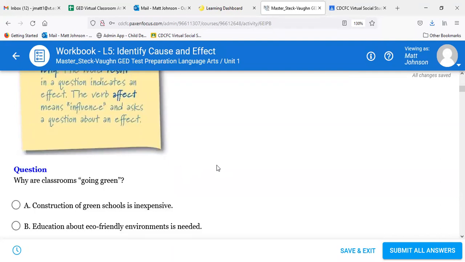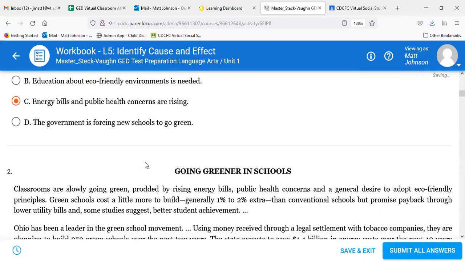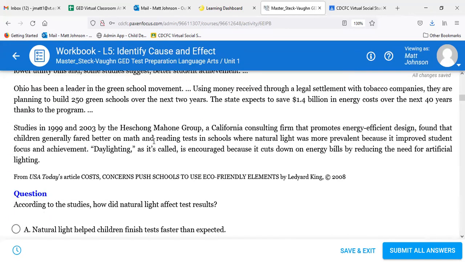Okay, so our first question here: why are classrooms growing green? A, construction of green schools is inexpensive. B, education about eco-friendly environment is needed. C, energy bills and public health concerns are rising. D, the government is forcing new schools to go green. C as in cat. I think C. C is in cat. Energy bills and public health concerns are rising. C. Okay. Yeah, and the same